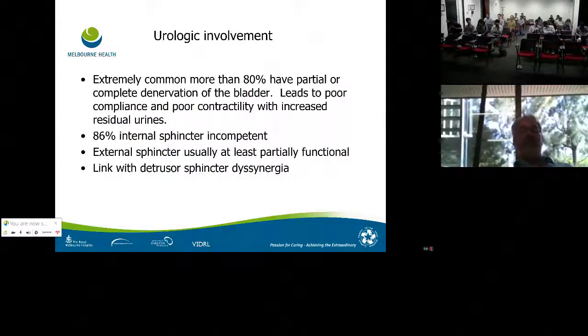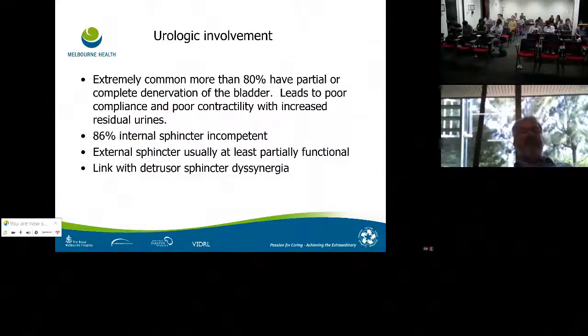Poor compliance, poor contractility, and a tendency to therefore require some emptying of urine at an earlier stage, but with increased residual urine due to obviously partial or complete denervation of the bladder. In a significant number, there is internal sphincter incompetence, but there also is at least partially functioning external sphincter capabilities,